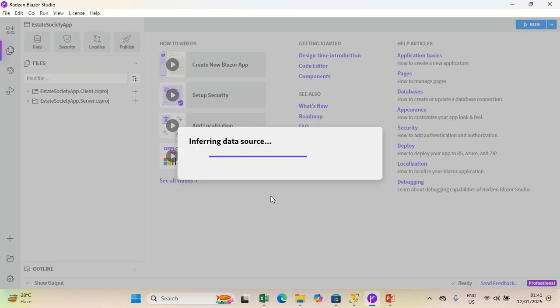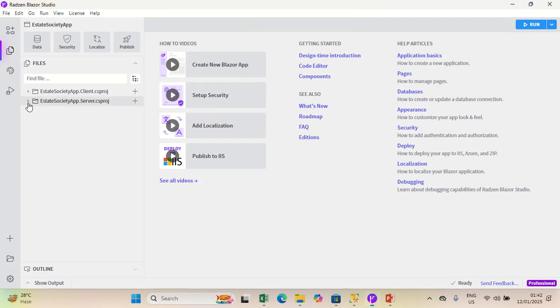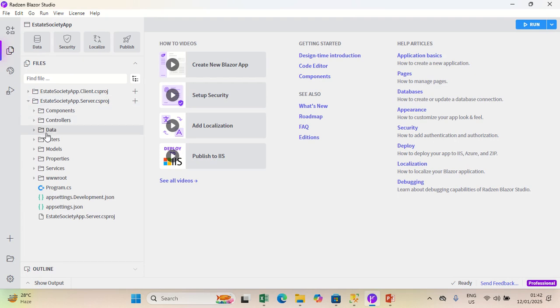So it's inferring data source. The application is inferring data source, so I'm going to pause the video again. So the application is ready once again. If you go to the server project and you expand services folder and you double click on SQL Society DB service.cs,